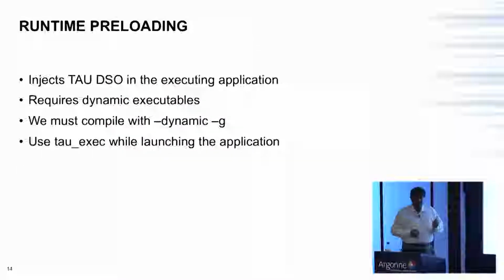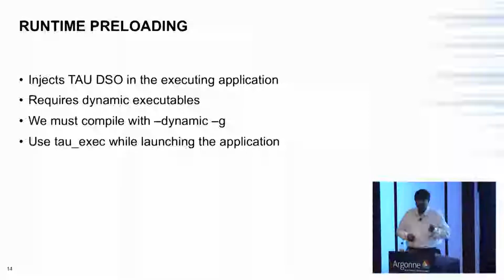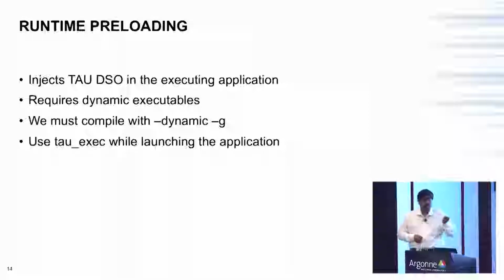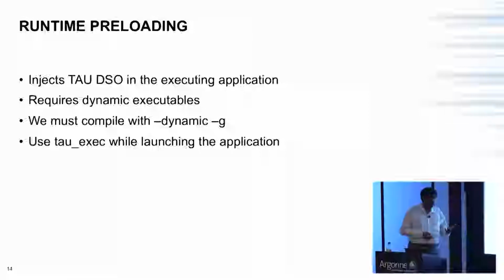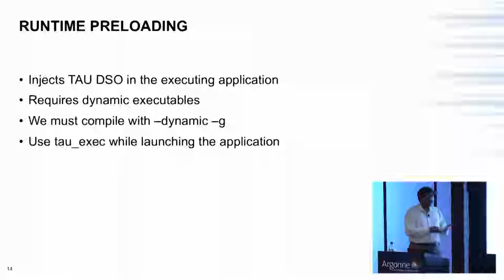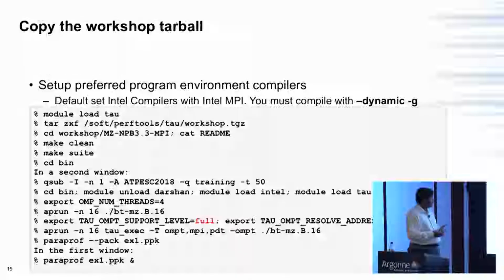The important thing to remember is that this approach substitutes one library for another. You need to compile your program with the -dynamic flag to create a dynamic executable, because you're injecting a shared library in the address space. And I have a simple example over here where I'll show you how we can look at the performance of